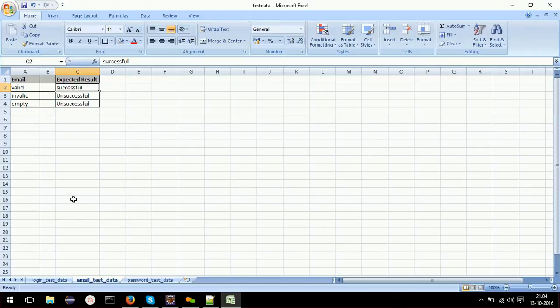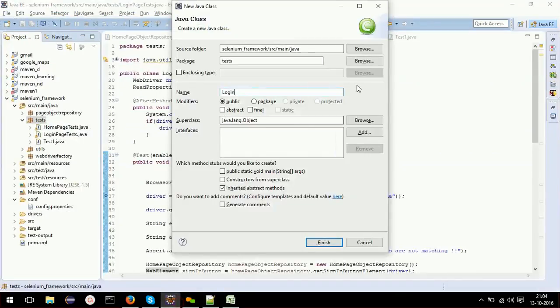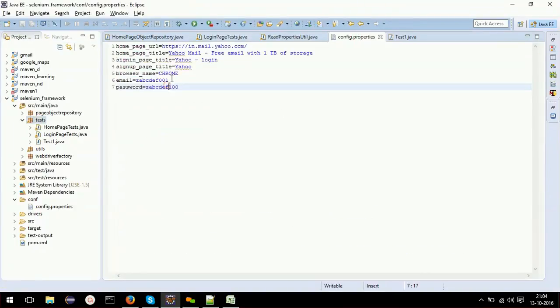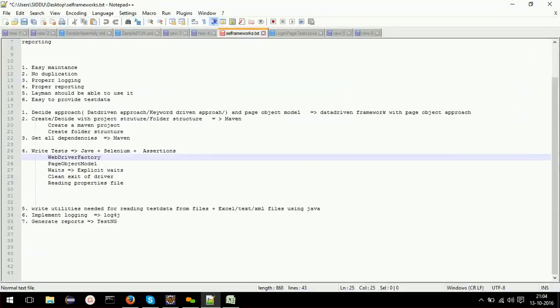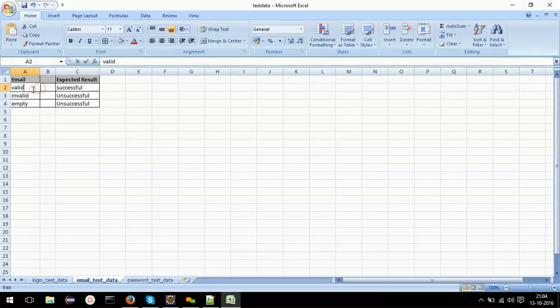First thing, here valid, that means I need to give a valid email ID only. Let me fill the test data. If I go to Excel, in case of valid, I need to actually pass the value. This is my valid email.